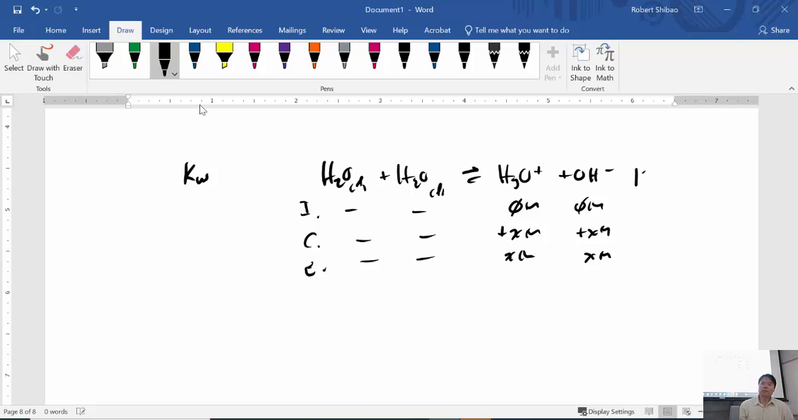Then what we want is to know what the K for this reaction is so we can determine what X is. Or we need to know what X is in order to determine what K is. And so we do H3O plus here and hydroxide. Okay, so what we're going to do is determine K here. And it turns out that